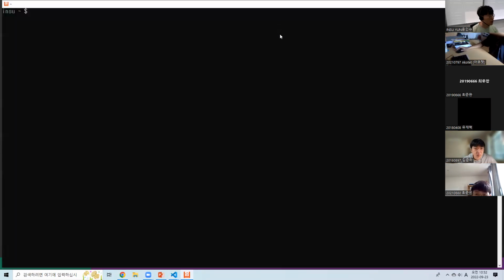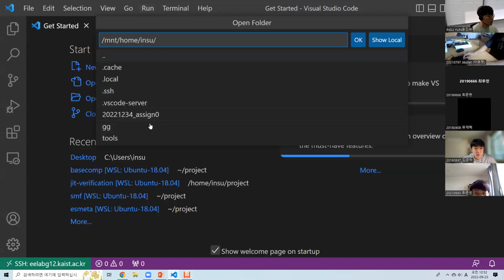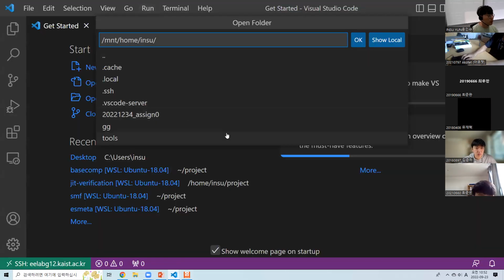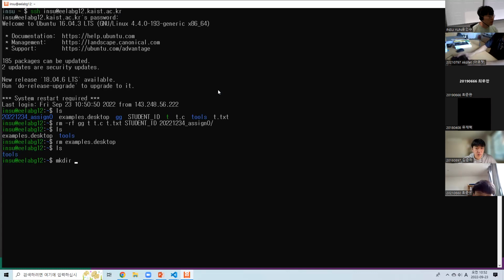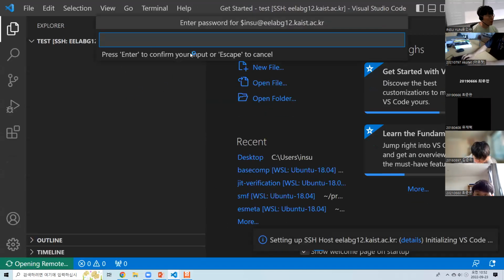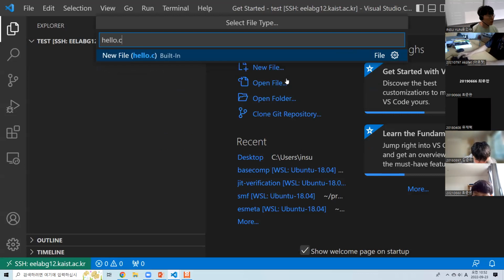So for example, you can see that this folder and the folder in here are exactly the same. So you can see I can modify a file in the remote server. Let me create a directory here. And I want to open it. If I create a new file here,